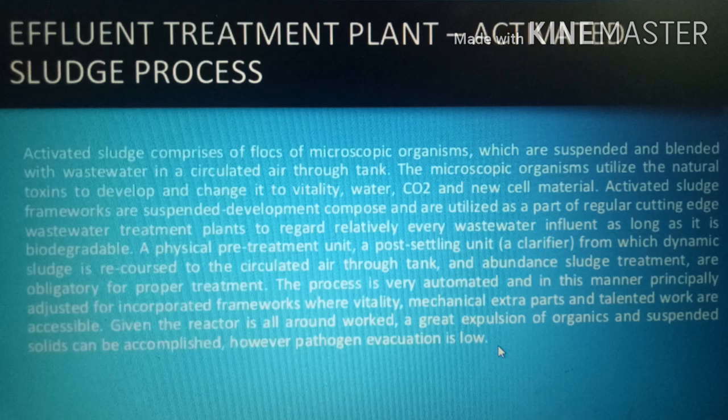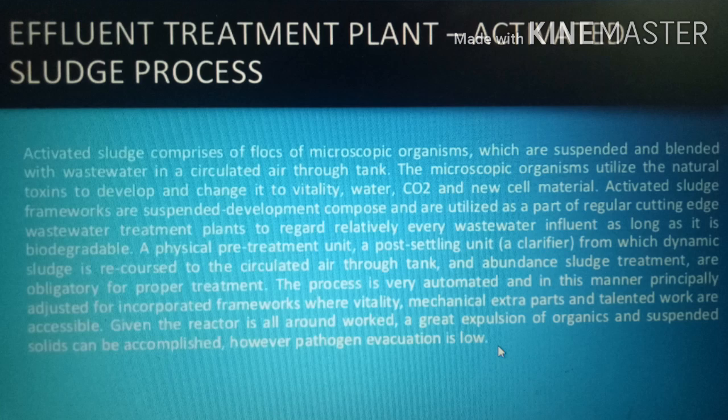to treat almost every wastewater as long as it is biodegradable. A physical pre-treatment unit, a post-settling unit from which active sludge is recycled to the aeration tank, and adequate sludge treatment are obligatory for proper treatment. The process is highly automated and is therefore mainly suited for integrated systems where energy, mechanical spare parts, and skilled labor are